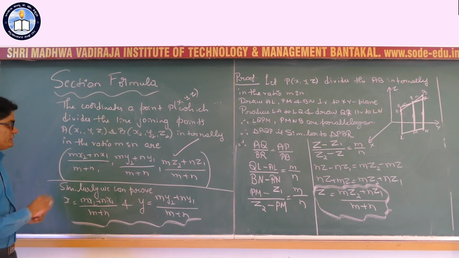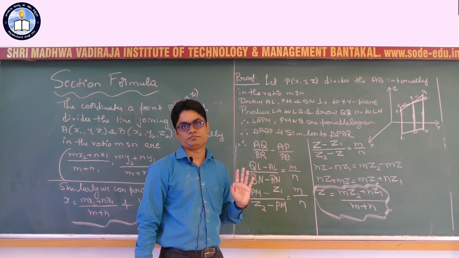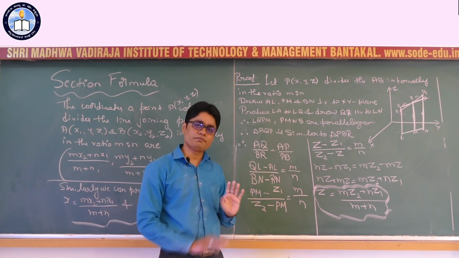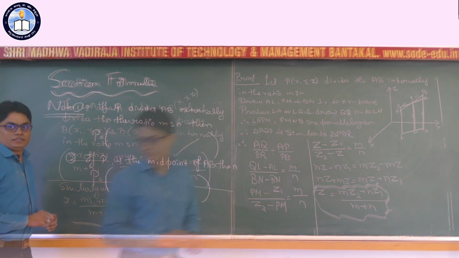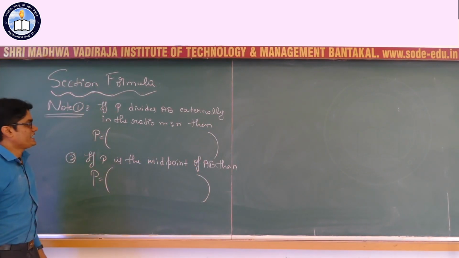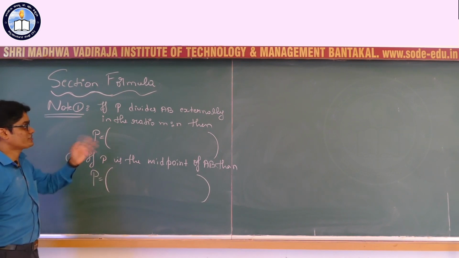Did you understand? Remember, this question you can expect 100% in the coming final exam. Okay, it has been asked in every exam in the last 10 years, so remember. Did you understand? Very good. So first note, if P divides AB externally in the ratio m:n, then external, okay,